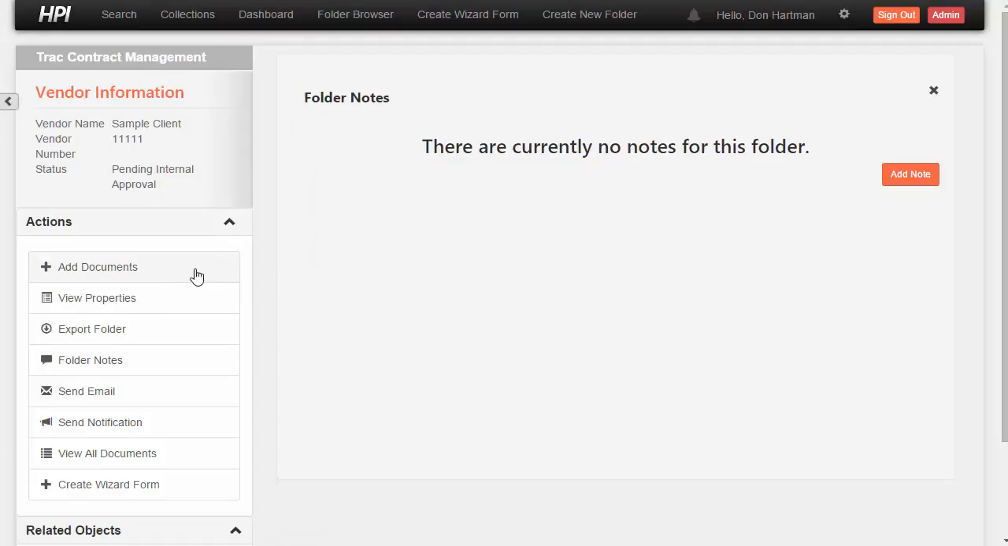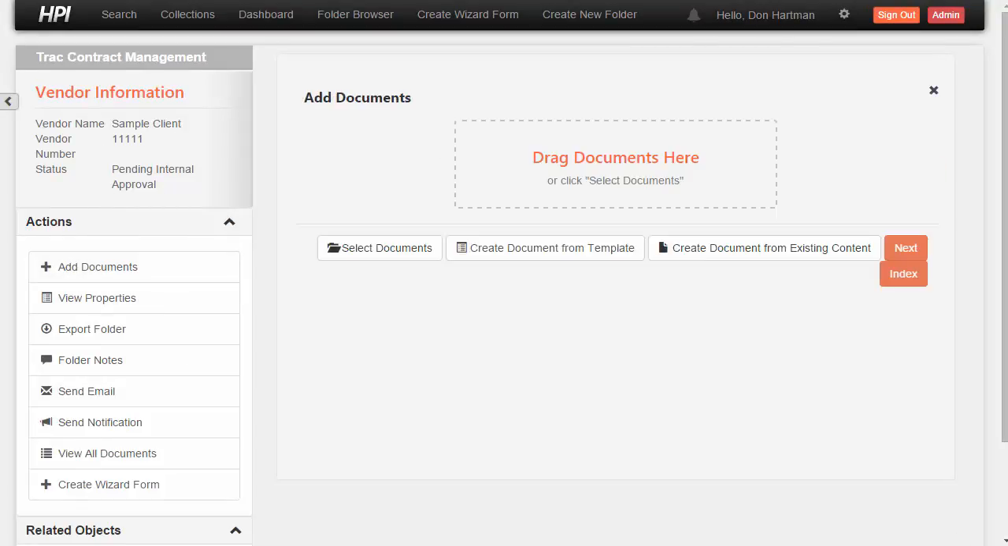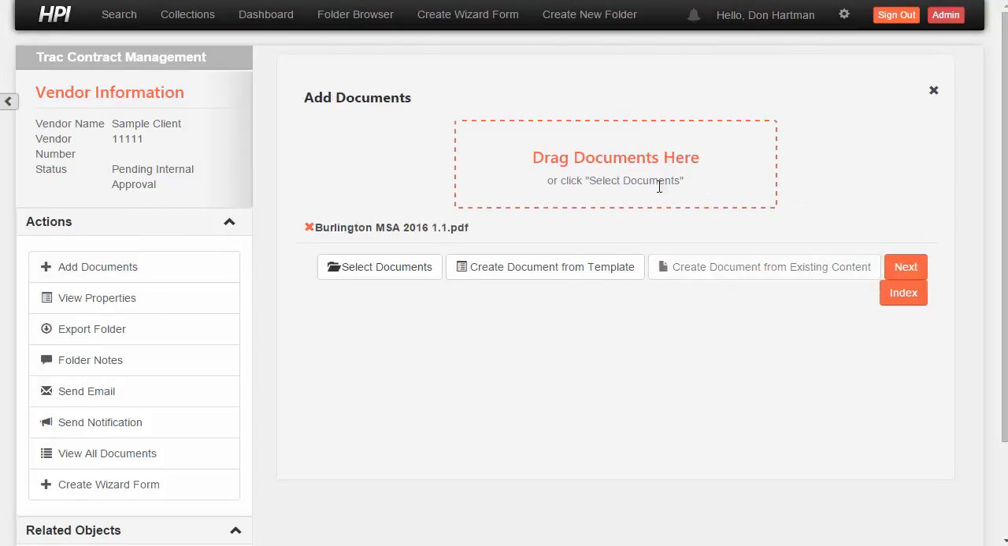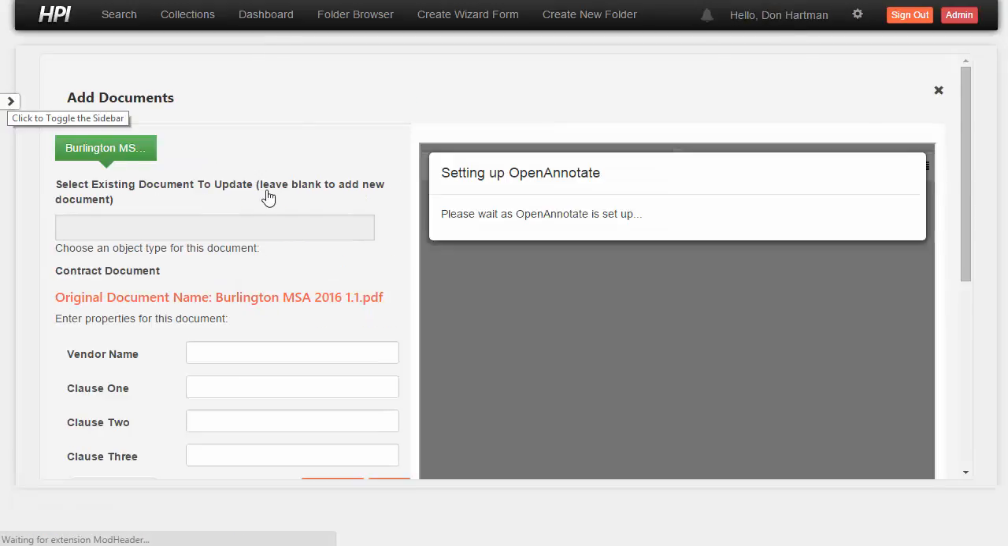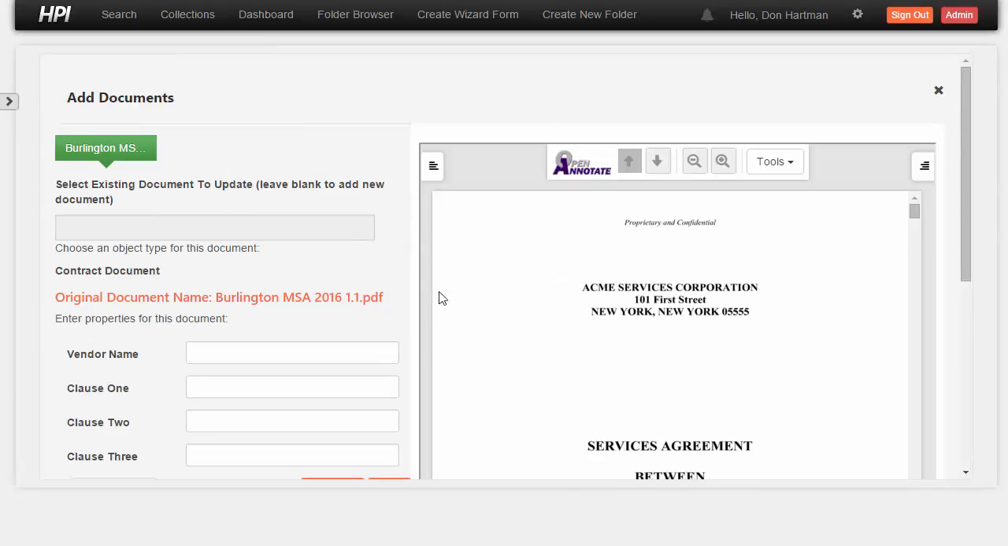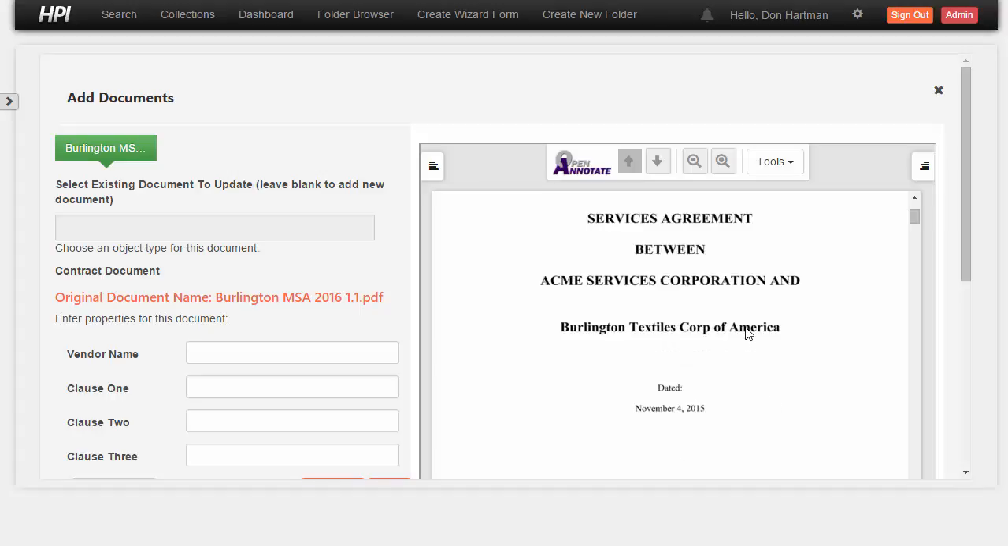So now I can just select the Add Documents action. Then I can click and drag my contract into this screen and then hit the Index button. And this will launch us into our index mode. After this is set up, I can scroll down to some data here and then select vendor name, and then on the right hand side just select what I want to populate that field, and it moves over to the